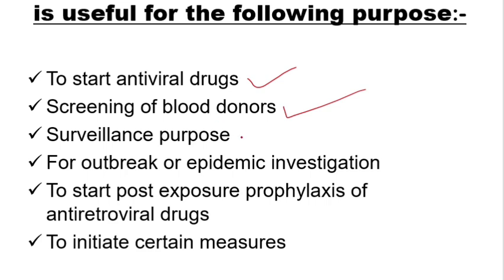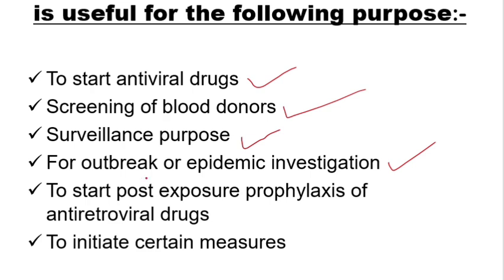And third one is for surveillance purpose or for outbreak or epidemic investigation. So early detection of outbreak, that is sudden increase in cases of any particular type of infection. So it identifies the causative virus at the start of an outbreak so that we can take suitable or necessary precautionary measures to prevent the transmission of these infections. And also we can detect the genetic mutations in the virus so that we can identify the different variants of